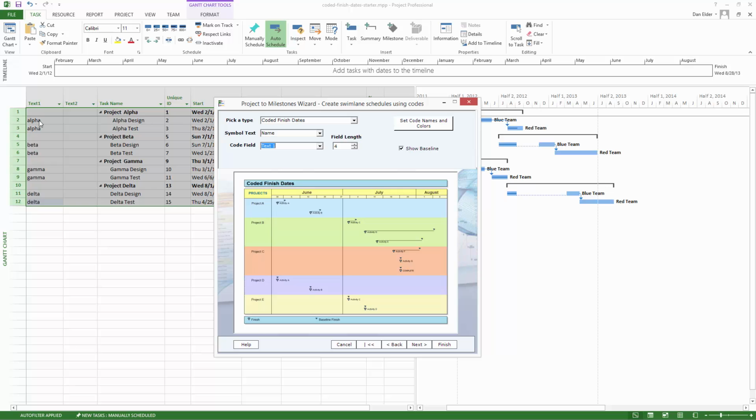And you can see I put the text codes into text 1, so I'm going to be using the text 1 field here for the code field. I'm going to say the field length is 4. Since beta only has 4 characters, it's best to keep it like that. Symbol text I'm going to keep as name, and that's going to be the symbol text that comes in for those finish symbols. And for this example, I'm going to uncheck show baseline, so it's not actually going to show those baselines. Now I go to set code names and colors,